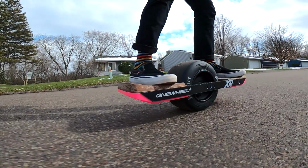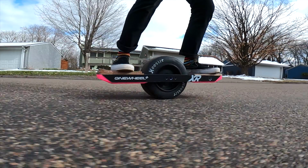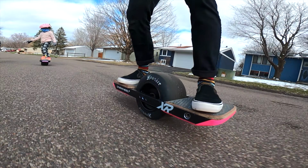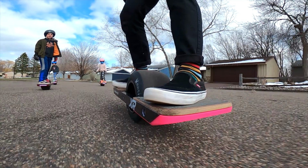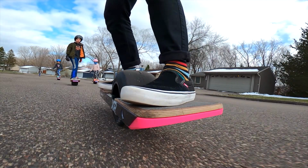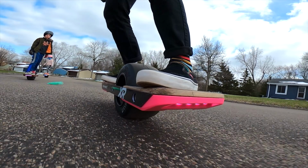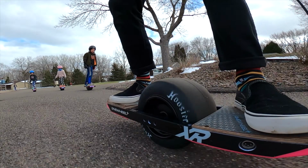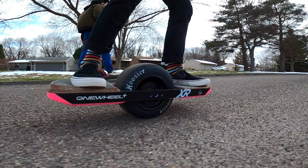You as the viewer can see the tire and what it does on different terrain, but it is super sticky and it's cold. It was snowing earlier this morning and the asphalt is cold. Everything's cold and it's stuck. I really got into some of the turns and carves, and it was an enjoyable ride from the get-go. The way you could just get into the carving, it is a half inch less in width,